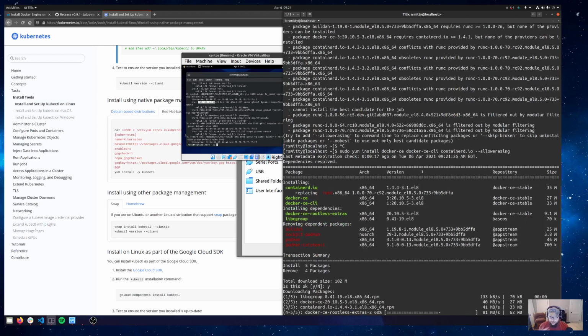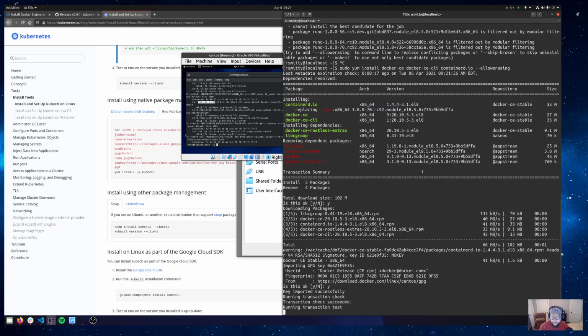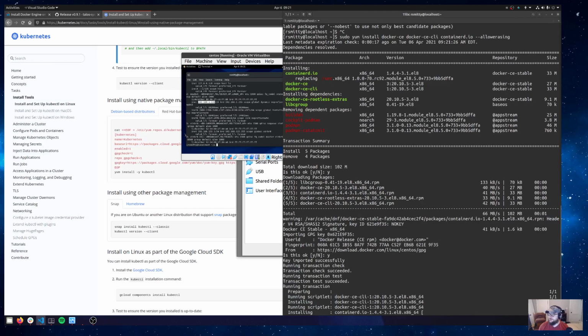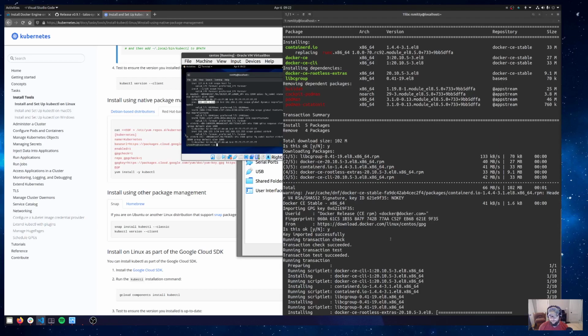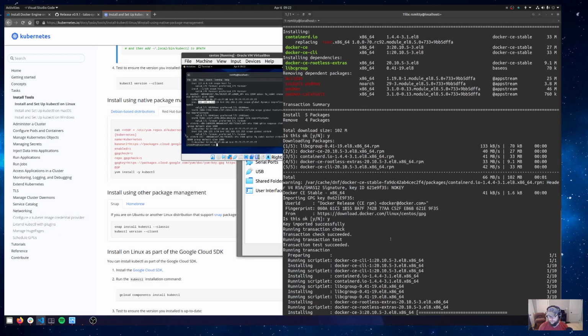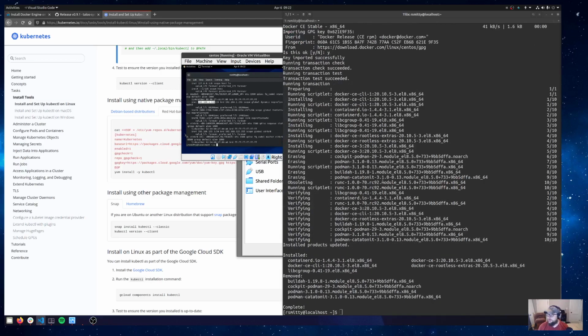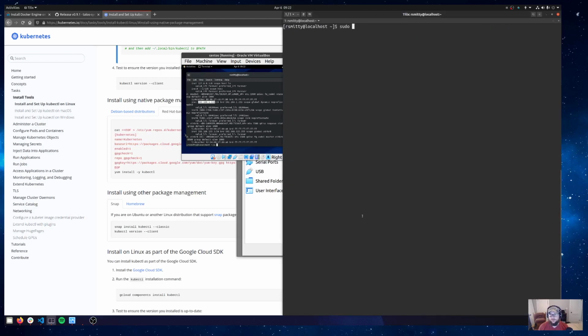So we'll say yes to that and off to the races. It'll add the keys, not the repos, and install these packages, and it shouldn't take too long. Okay, and so now we'll do a sudo systemctl start docker to start the Docker process, and once that's up and running,